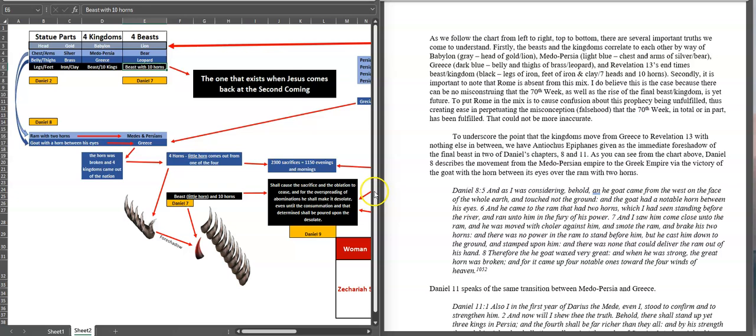And so as a side note, that is specifically why I believe that Rome is absent from both of these prophecies in Daniel, because if it was thrown into the mix, there would be way more people who think the 70th week is in total or in part fulfilled, when neither of those statements is true in the slightest. So in order to avoid confusion, Rome is absent from this.